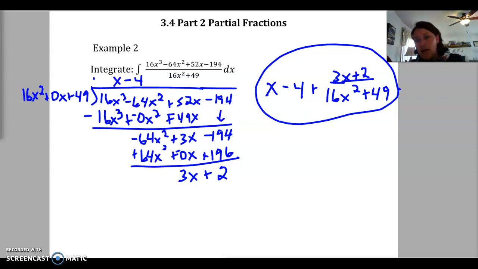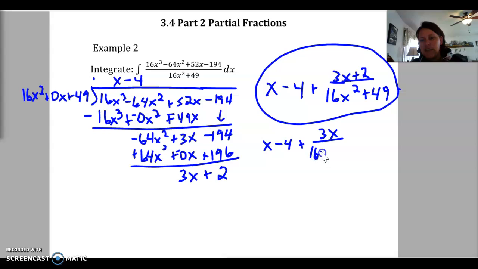Alright, so on this one, since we have a denominator that cannot be factored, so this quadratic, we cannot factor it, so therefore we can't use partial fractions to break that up any. So I am going to rewrite it. So we have x minus 4 plus 3x over 16x squared plus 49 plus 2